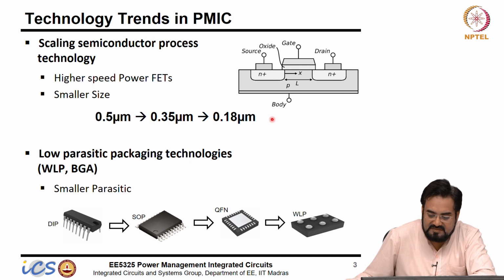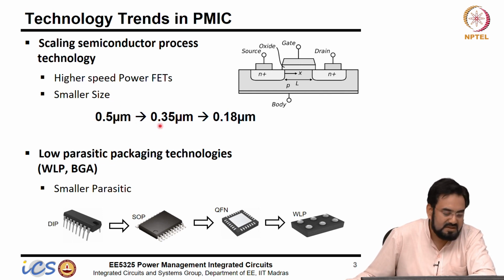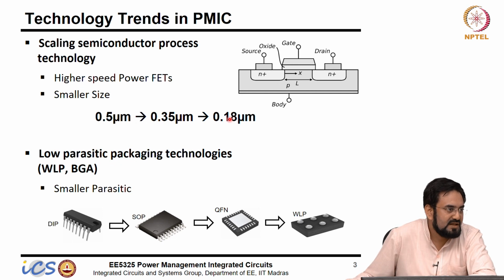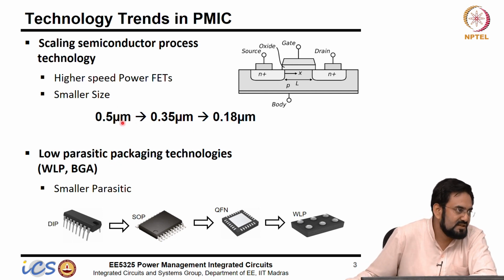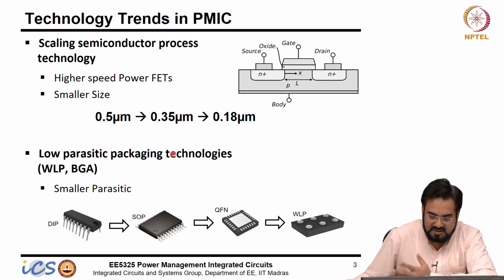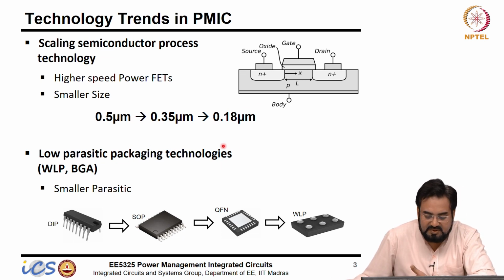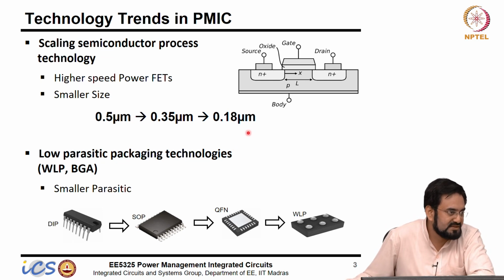These days when you look for a 0.18 high voltage process, you get these devices also, 0.35 and 0.5. So 0.35 will be running at 3.3 volt, 0.5 will be running at 5 volt, and 0.18 will be running at 1.8. So you get a different variety of devices in the same process, so that you can do all your logic in smaller channel length and all your high voltage in the higher channel length. On the same substrate, you can have multiple devices. And if you have a BCD process, you can even have 40 volt, 60 volt devices.